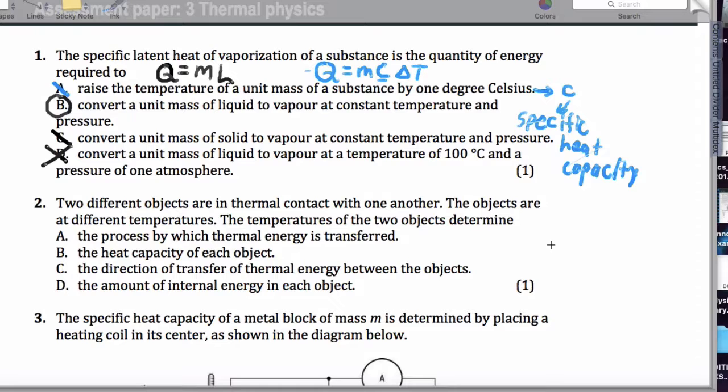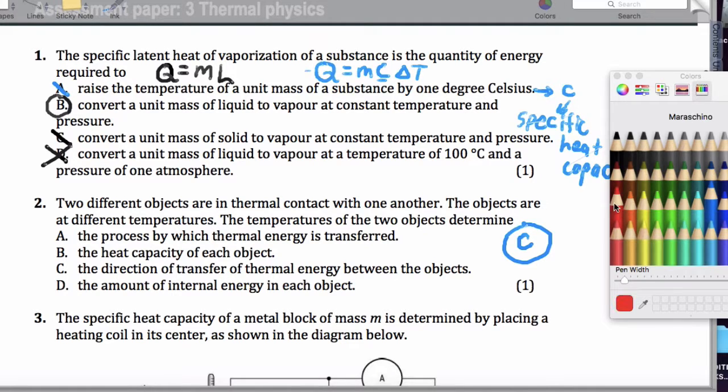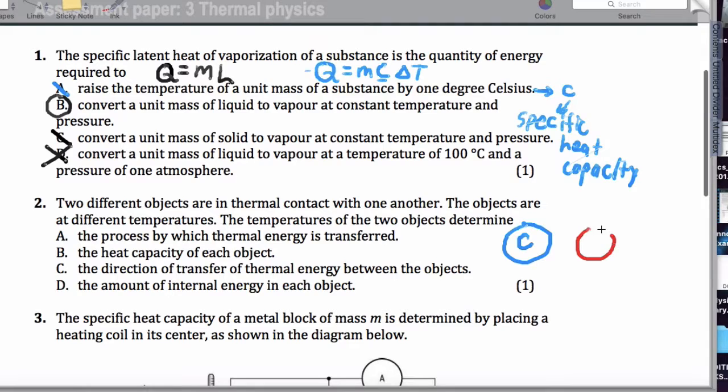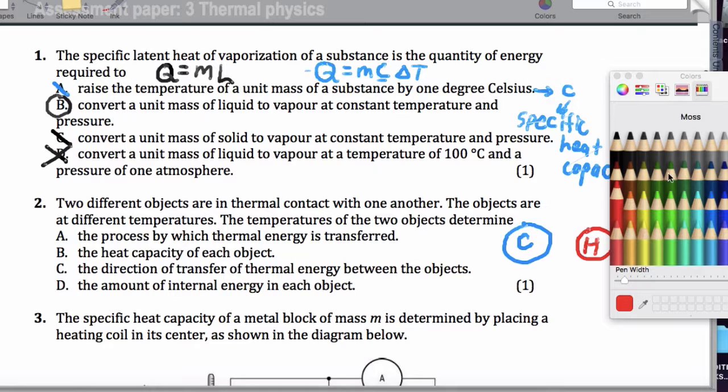So we have two different objects. They're in thermal contact with one another. The objects are at different temperatures. So let's be clear. When we say two different temperatures, that means we have a hot object and a cool object. I'll call the cool object C. I'll call the hot object H. Hot and cool. Okay, so the temperatures of the two objects determine, well, heat always flows from high temperature